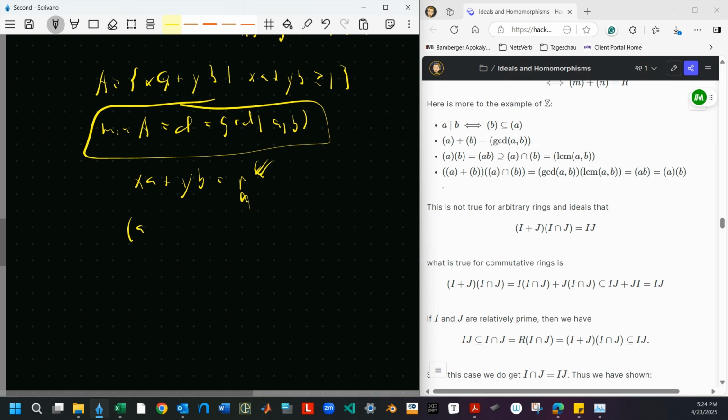The ideal. So we take the ideal generated by A and the ideal generated by B, and we take their product, right? So it's generated by what? It's generated by products of things from those. Well, these things are just xA, yB, so it's just something times A, something times B. So this is generated by a single thing, AB, right? So that's important, right? So the product of these two ideals is just that thing there. On the other hand, the intersection is the LCM,